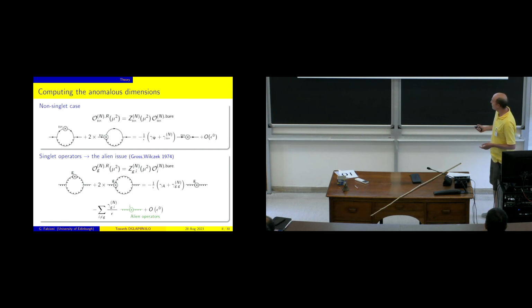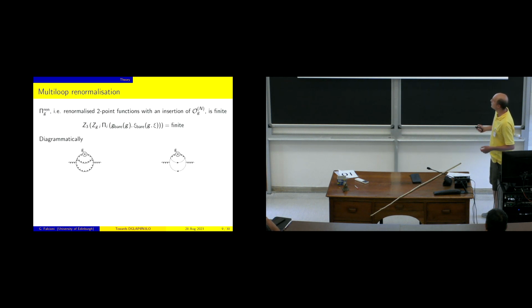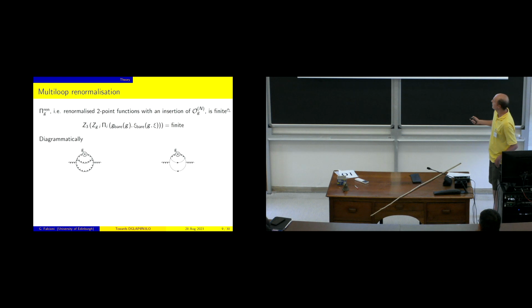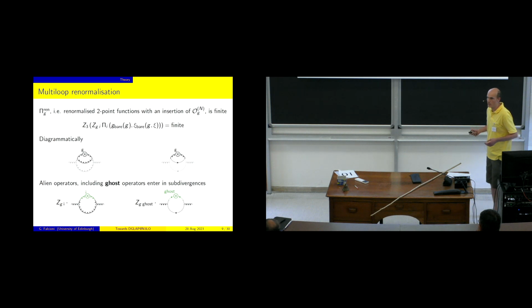You really want to find out first what these operators are and what the mixing with the aliens is that you need to subtract. This is especially true at multi-loop level. So what you want to do is renormalize the two-point function and extract the mixing constants. Diagrammatically, already at two loops you get the diagram you had here as a sub-diagram of your calculation. So if you want even to get rid of your subdivergences, you need to subtract the contribution from your aliens and their mixing. Otherwise, you don't renormalize the objects.